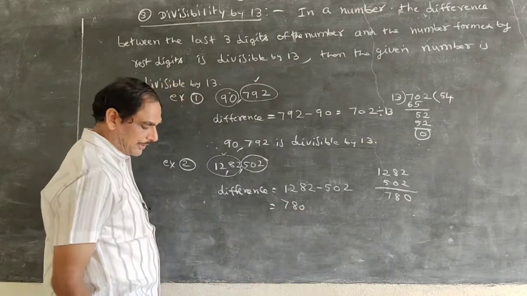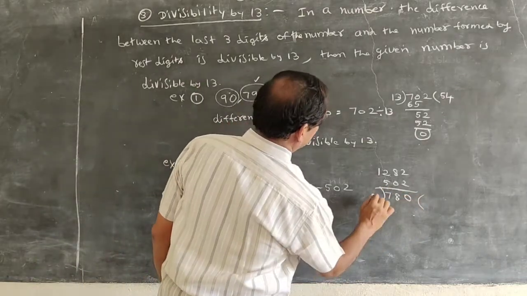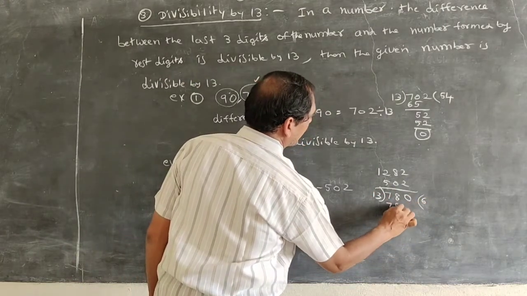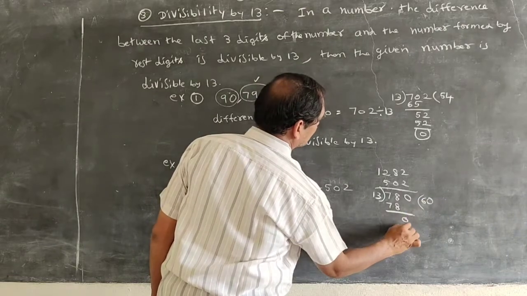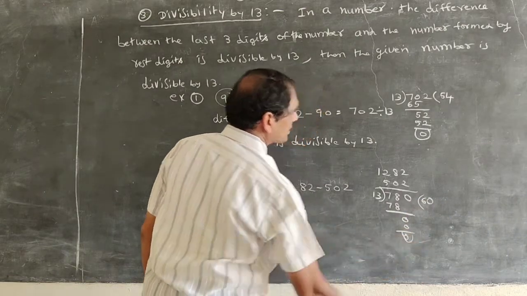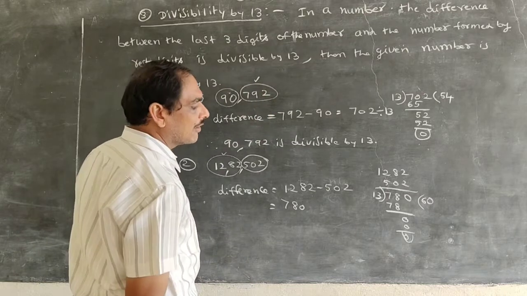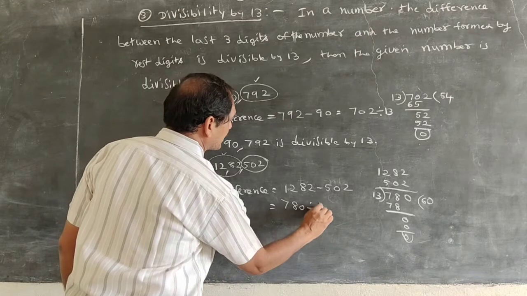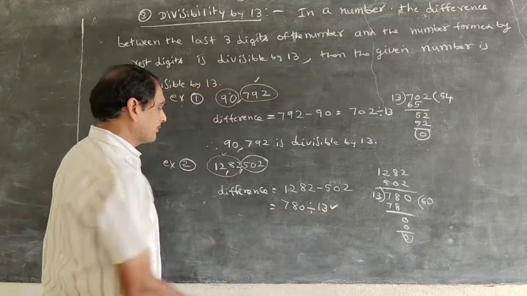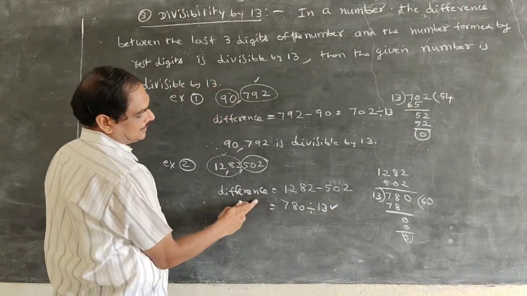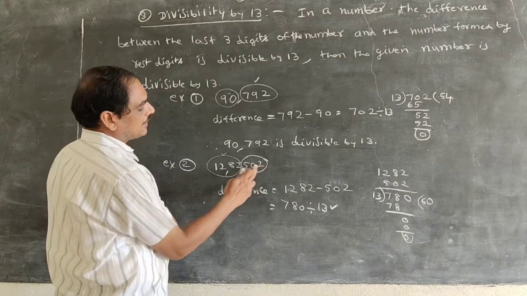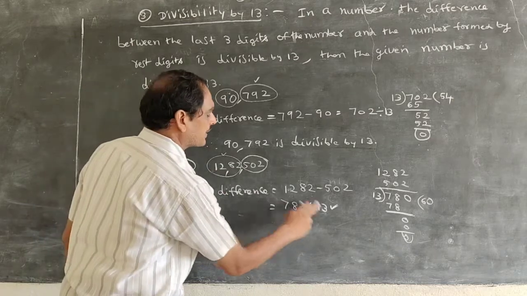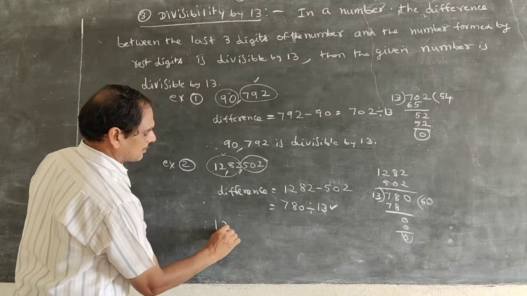That is equal to 780. Now we divide 780 by 13. 13 sixes are 78, 13 zeros are 0. So here the remainder is 0. When we divide 780 by 13 with remainder zero, this means 780 is divisible by 13. Therefore, when the difference of the last 3 digits of the number and the number formed by the rest of the digits of the number is divisible by 13, then we say that